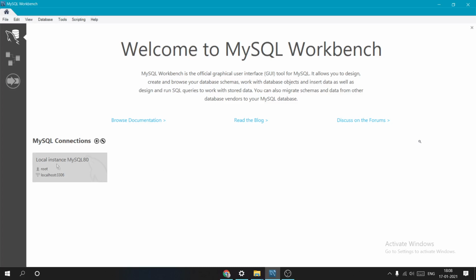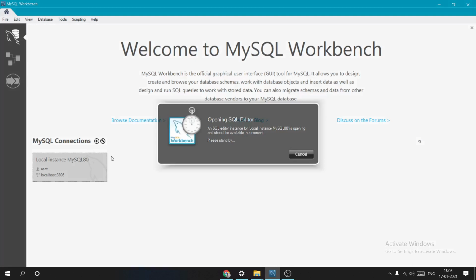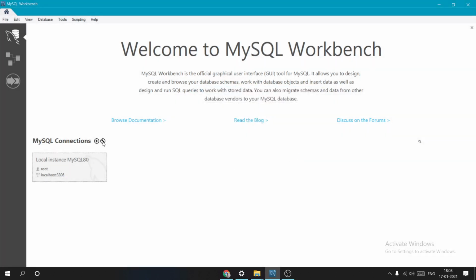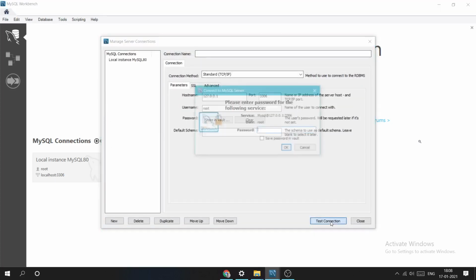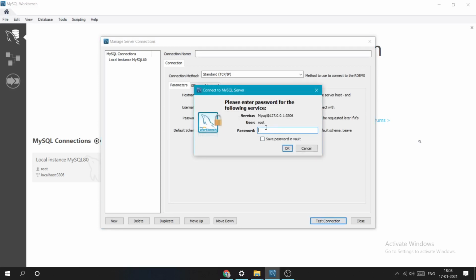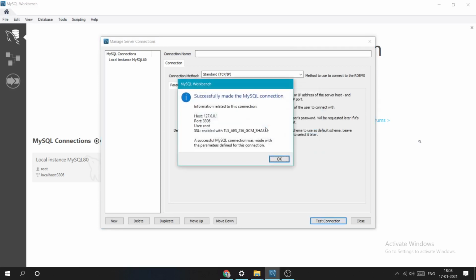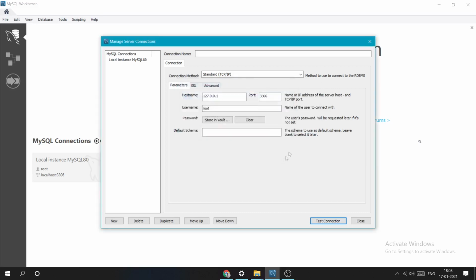This is the one we are currently in, so just select this. You have this wrench symbol. Press this wrench, and you can test the connection over here. So the connection was successful.